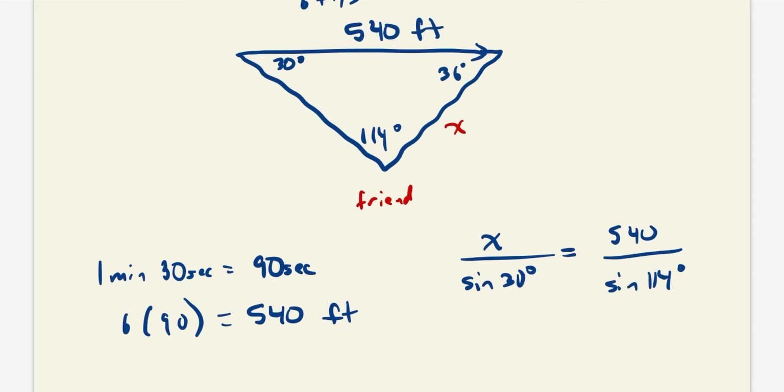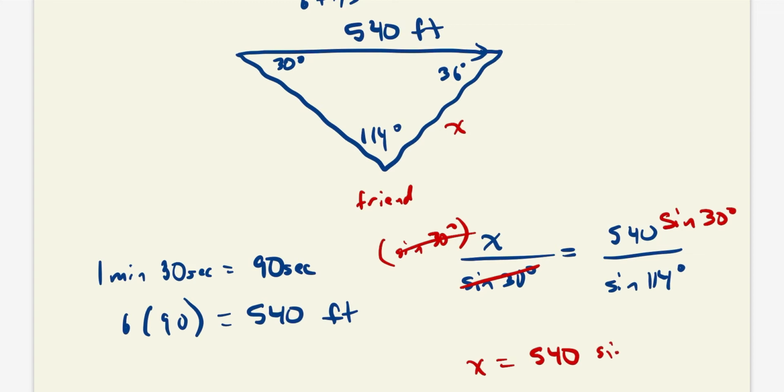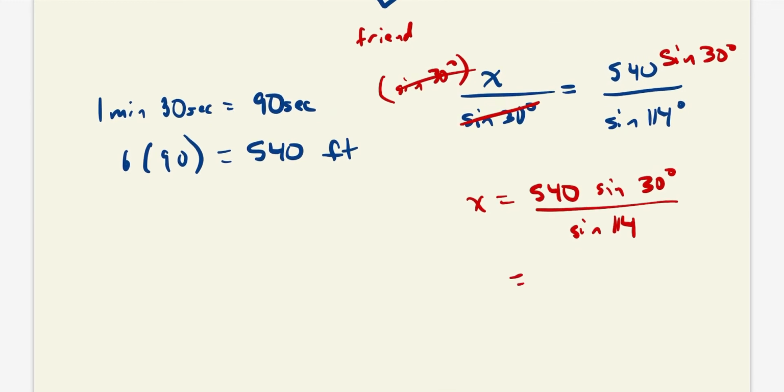All right, and then we can solve for x by multiplying both sides of the equation by sine of 30. X is going to equal 540 times the sine of 30 divided by sine of 114, which if we do that on our calculators, we should get